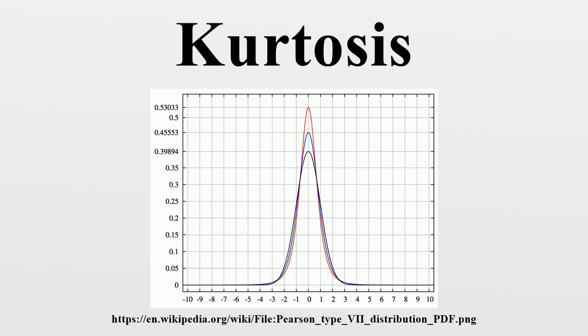For the reason of clarity and generality, however, this article follows the non-excess convention and explicitly indicates where excess kurtosis is meant. Alternative measures of kurtosis are the L-kurtosis, which is a scaled version of the fourth L-moment, and measures based on four population or sample quantiles. These correspond to the alternative measures of skewness that are not based on ordinary moments.